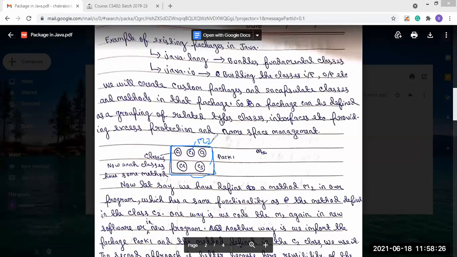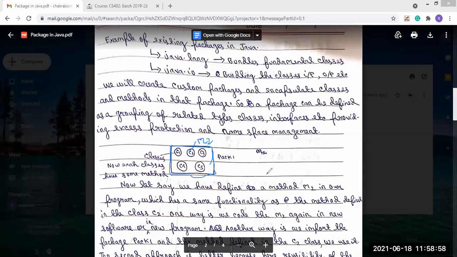So one way is that we code M2 again in the new program. That is one way. But another way is, because in pack1 there is a class named C2, and in this class there is a method named M2 with the same name and the same functionality as the M2 we would write in our class.